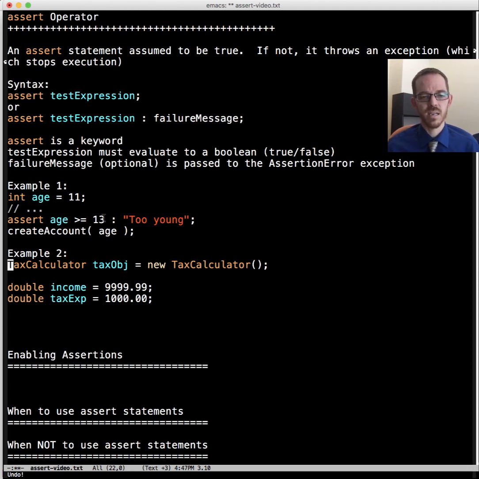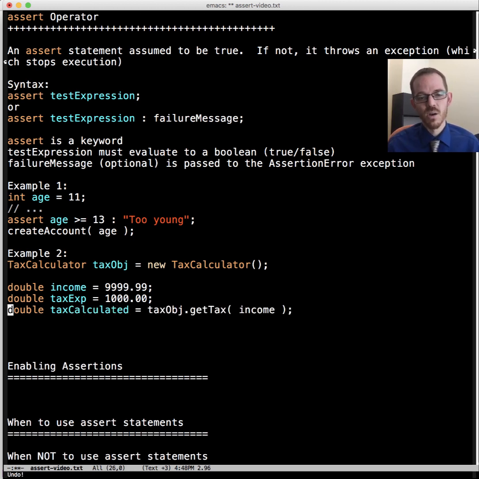And we have income of almost $10,000, and so we're saying the tax that is expected is $1,000 on this income, based on income taxes I just made up. And so we have this tax object, and we can say, get tax based on this income, and this is the tax that is calculated.